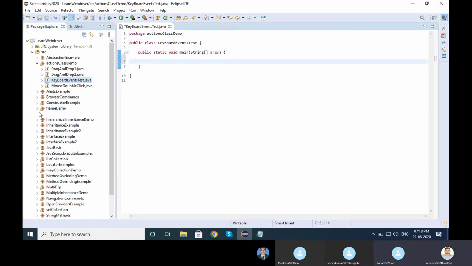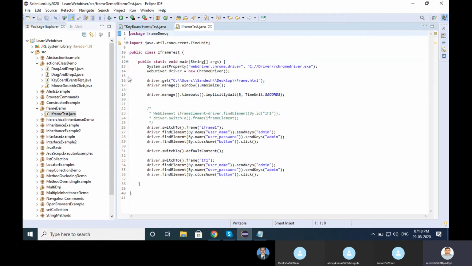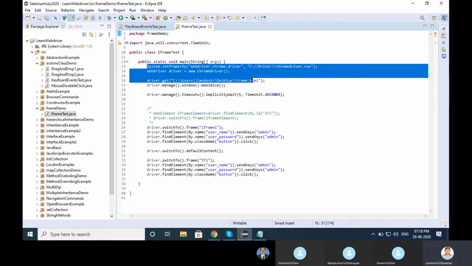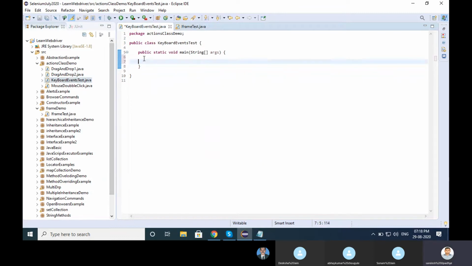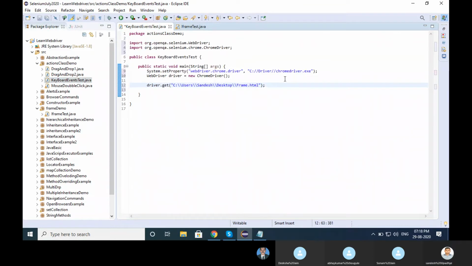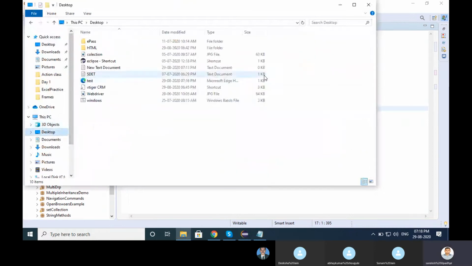Let me copy our basic code. On the desktop, we have created test, right?